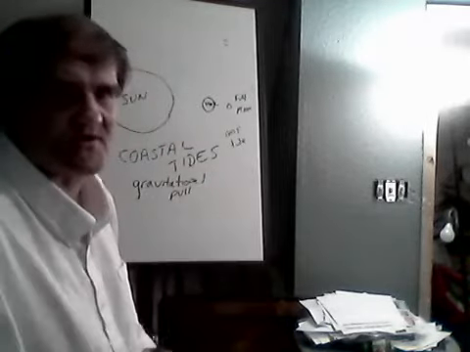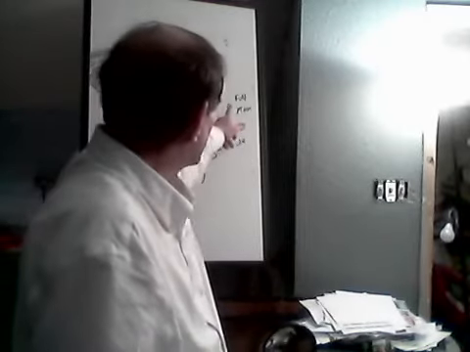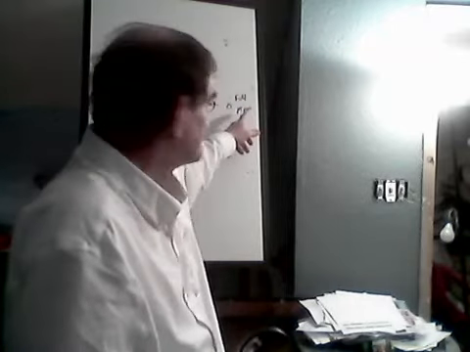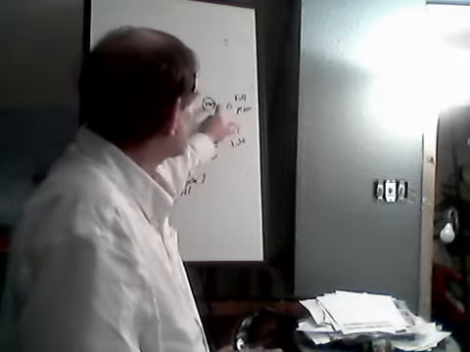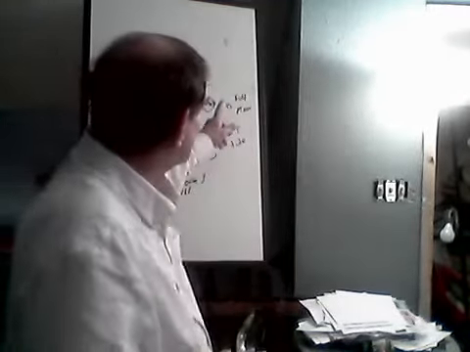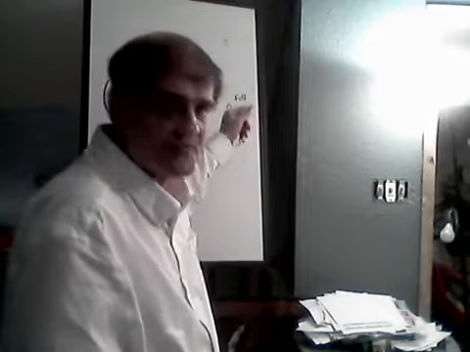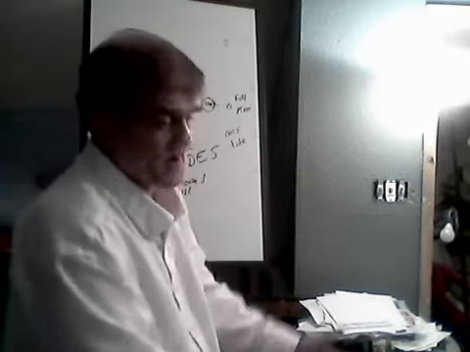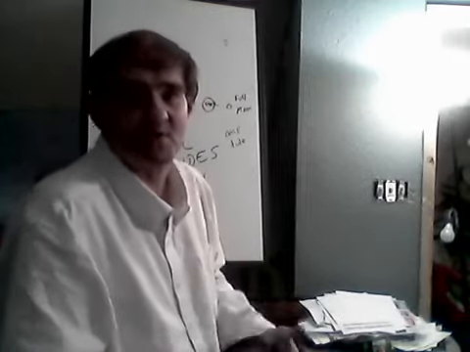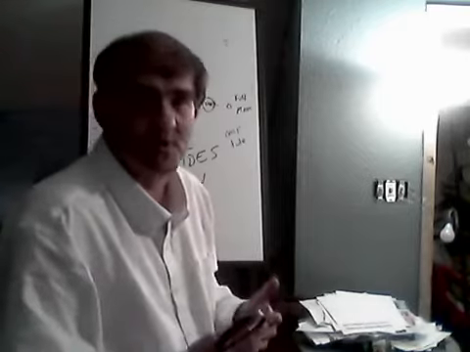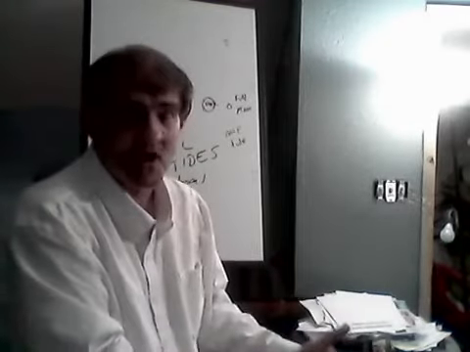Now, let me explain this in the simplest way I can. You got the Earth right here and the moon right here. I've described this as a full moon because this is opposite the sun, okay? Where the moon is close to the Earth, there is a pull of a gravitational force from the moon that affects the Earth and, let's say, a body of water. That body of water is impacted by the gravitational pull of the moon, so that the moon is literally pulling